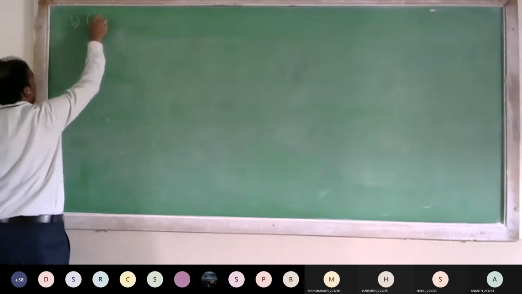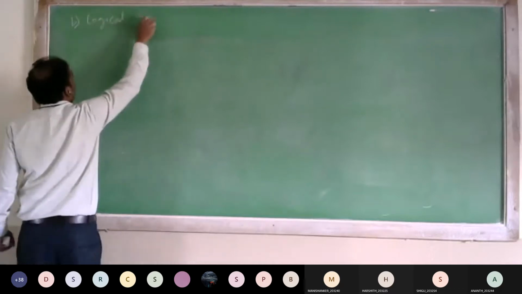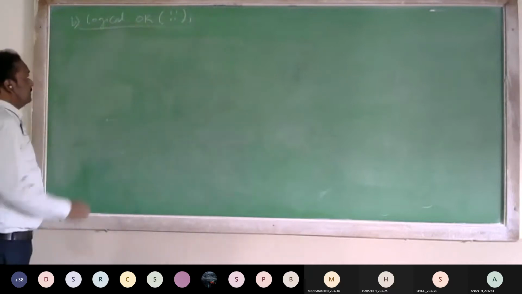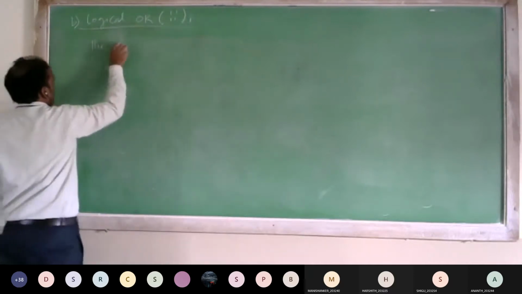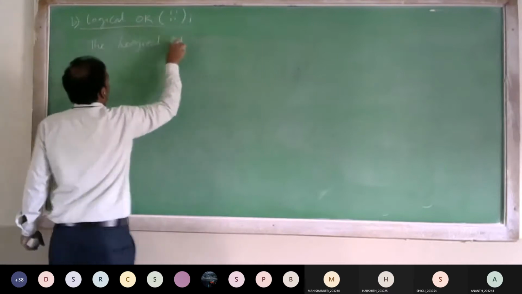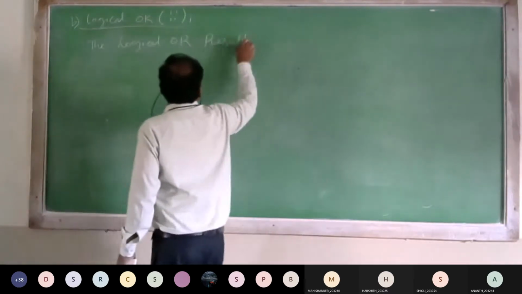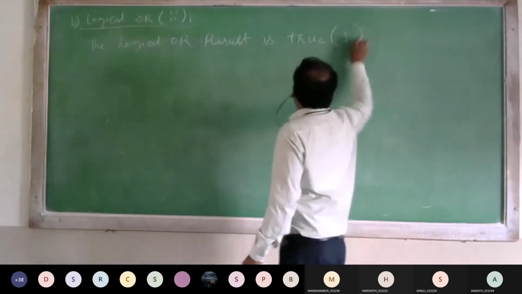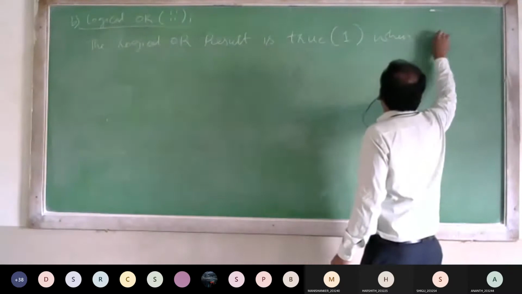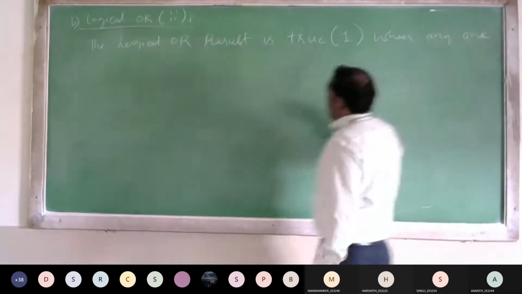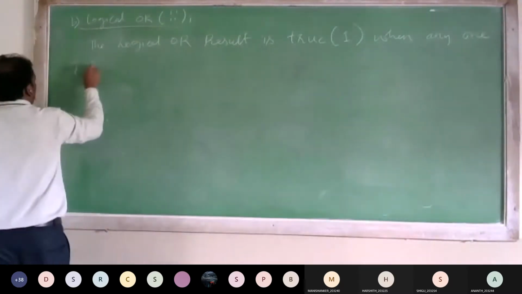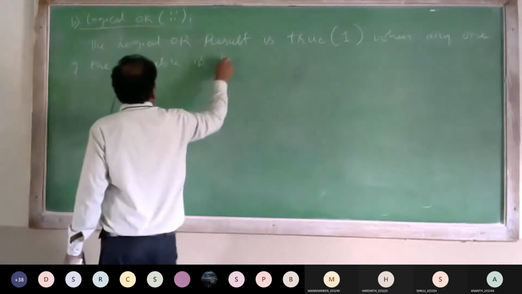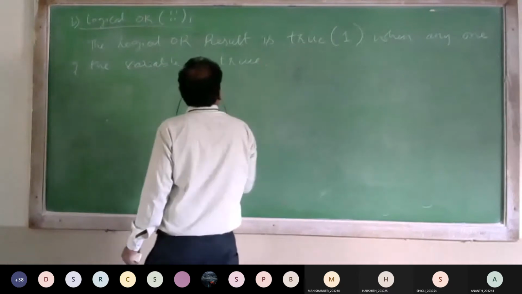B1. Logical OR. Here we will use 2 vertical bars. The logical OR result is true. True means 1. When any one of the variables is true.